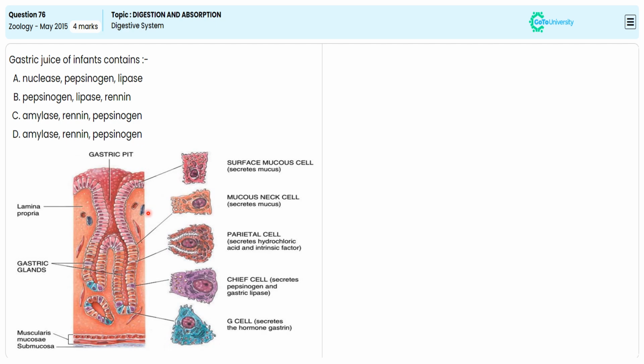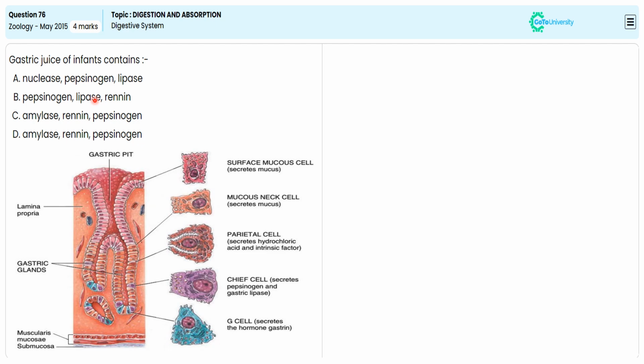Surface mucous cells and mucous neck cells are responsible for making the mucus. Parietal cells secrete hydrochloric acid and intrinsic factor. Chief cells secrete pepsinogen and gastric lipase. G cells secrete gastrin. With all the specifications, we are choosing option B as the correct answer to secure 4